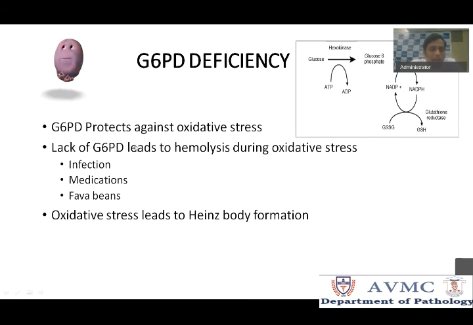Whenever it is exposed to oxidative stress, these globin chains will get precipitated, forming Heinz bodies. Oxidative stress leads to formation of Heinz bodies. So G6PD deficiency causes intravascular hemolysis, and it is an acute episode. The patient will be normal, suddenly there will be hemoglobinuria and a drop in hemoglobin, and that could be G6PD deficiency. It is precipitated basically by some medications, especially anti-malarials. Chloroquine or any anti-malarials or quinine drugs can precipitate it, and similarly beans or some infection also can precipitate G6PD deficiency.